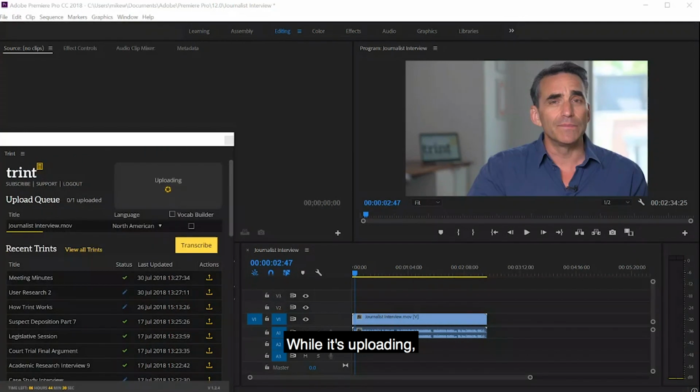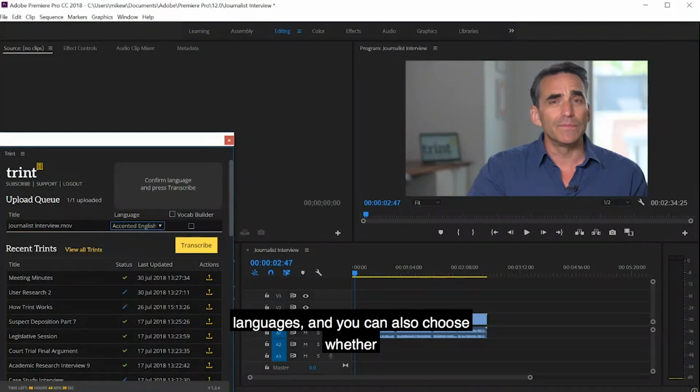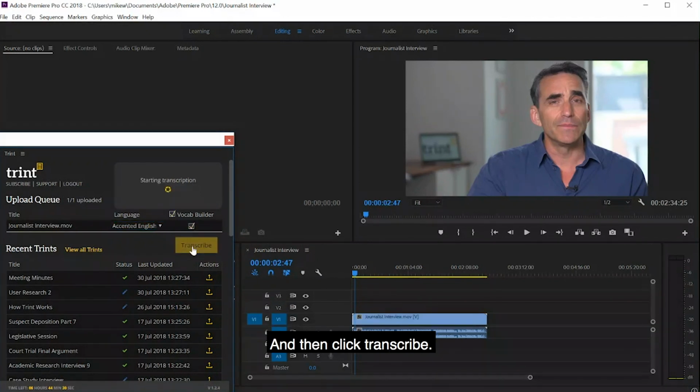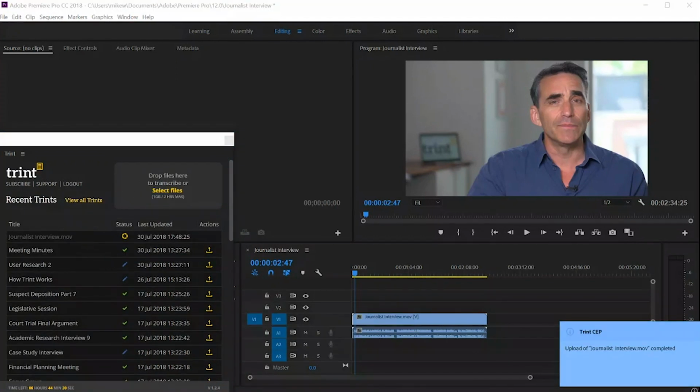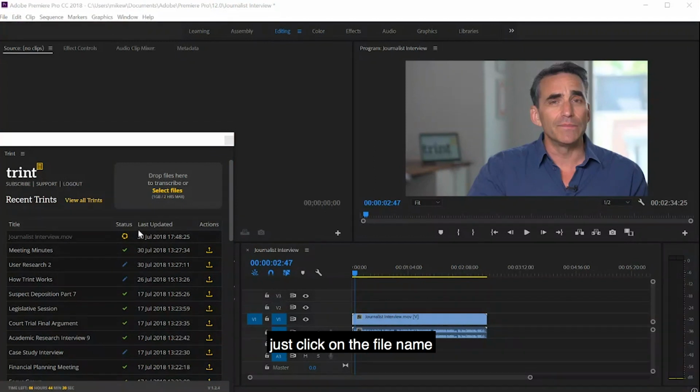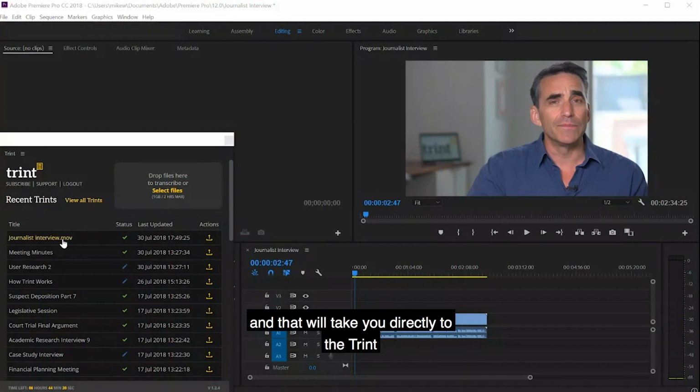While it's uploading, select to transcribe in any of our 13 languages, and you can also choose whether you'd like to use your custom words from Vocab Builder, and then click Transcribe. If you want to keep track of the status, you can do that right here in the Trint panel. To verify the transcript, just click on the file name, and that will take you directly to the Trint editor